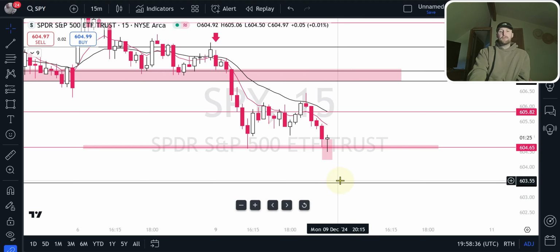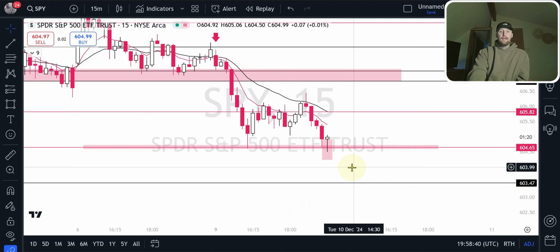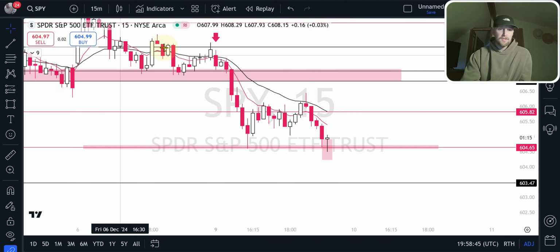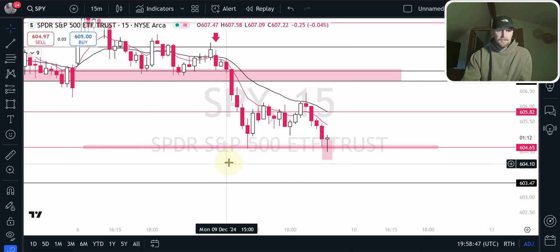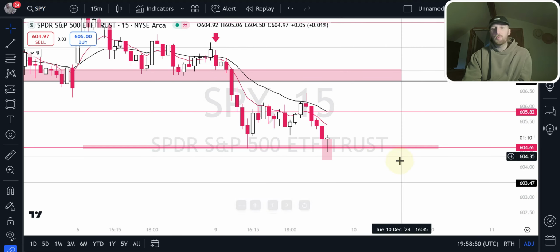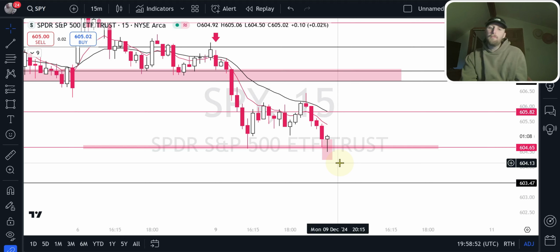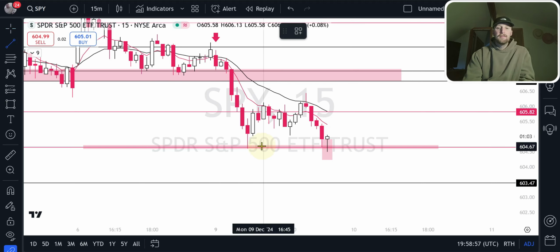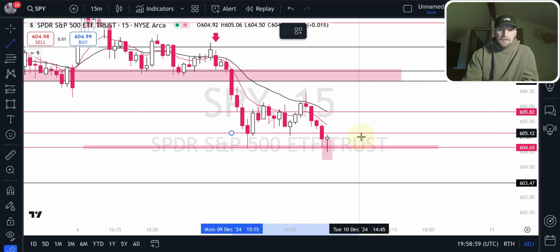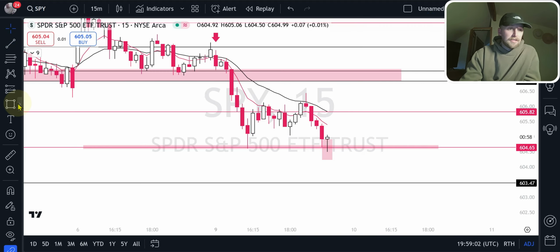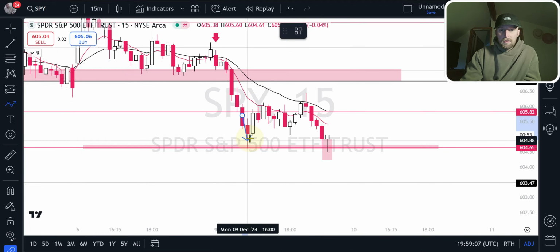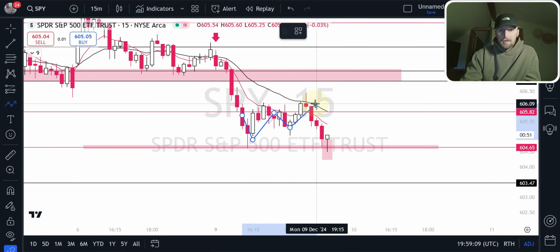So this has nice potential to come all the way down here to 603.42. But right now we're in the middle of supply zone up here, demand zone down here. So we're kind of in the middle of supply and demand. So I would just imagine that SPY might chop. I would imagine this is what's going to happen since we are in the middle. Okay? So up, down, down,